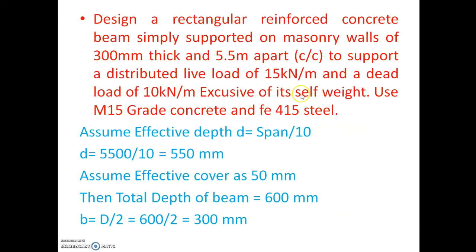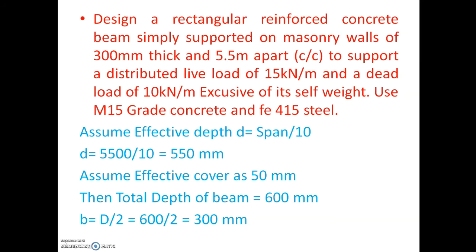So this is the problem which we are going to design today. This is the rectangular reinforced concrete beam section which is simply supported on masonry walls of 300 mm thick and 5.5 meters apart, that is center to center distance, to support a uniformly distributed live load of 15 kN per meter and a uniformly distributed dead load of 10 kN per meter exclusive of its self weight using M15 grade